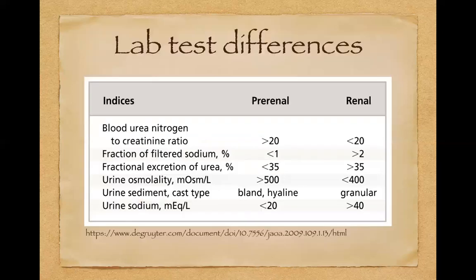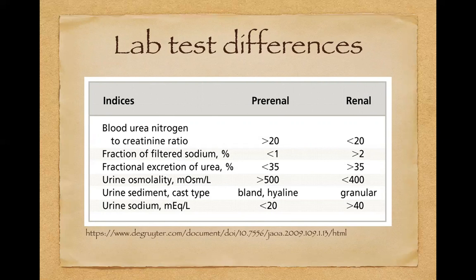When it comes to your lab test differences, I know we all studied this in med school, I don't know how useful this would be in the ED, because we don't always do these tests in the ED, but just so that you know that there are certain indices on your markers that you can look for, whether it's pre-renal or renal causes. One of them is your urea to creatinine ratio. Usually in pre-renal, it's over 20. So it means that your urea is much more markedly raised in comparison to your creatinine, whereas in an intrinsic renal cause, it would be less than 20.